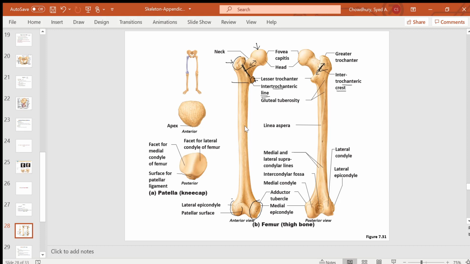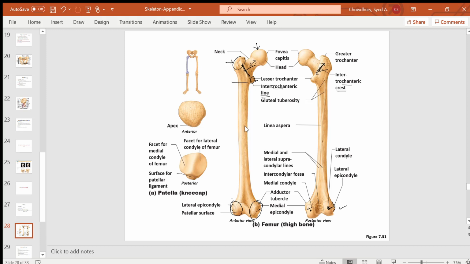Condyles form the knee joint. Okay, and above the condyle you have an elevated area that is called epicondyle. So let's see in this side, this looks better. So this is the condyle. So two condyles. This is the medial one, this is the lateral one, and above the condyle you have